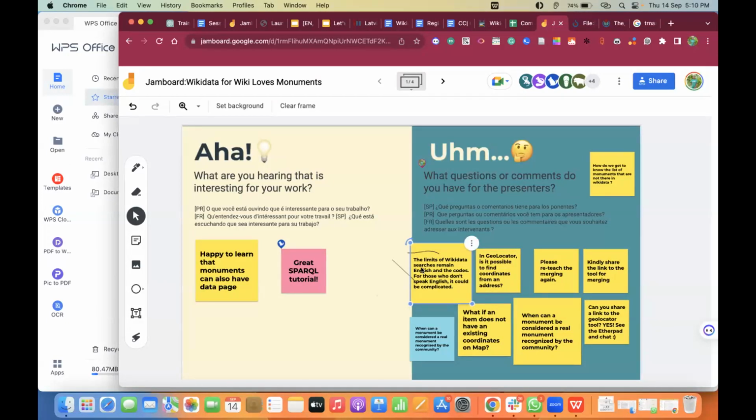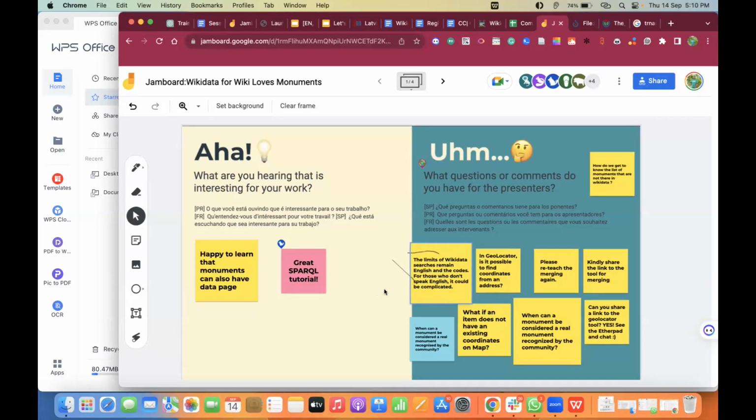Thank you, Alicia. I know you have a whole lot of explanation to do. And I also look forward to being part of the third session where we get to use OpenRefine. So just to go over some other questions quickly, I see a comment that says the limits of Wikidata searches remain English, and the codes for those who don't speak English could be complicated.